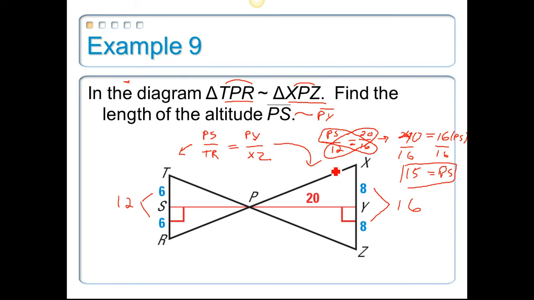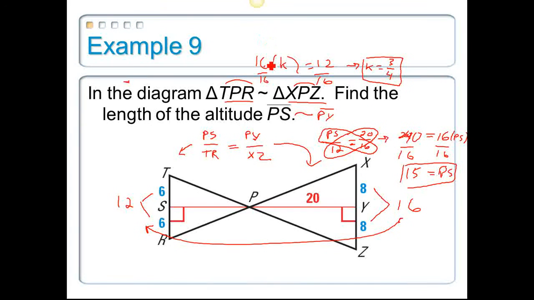The other way to do it is to say, okay, if I have 16, what am I going to multiply by? So that's this side here to get this side. 16 times what gives you 12? So that's what we have to ask. So we divide by 16, and we get K equals, well, they can both be divided by 4, 3/4. That's our scale factor. So we're now going to do 20 times 3/4 equals